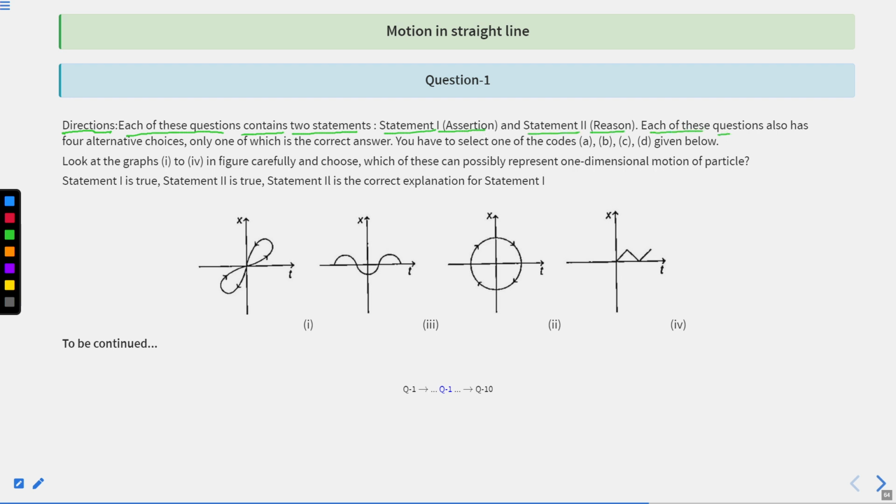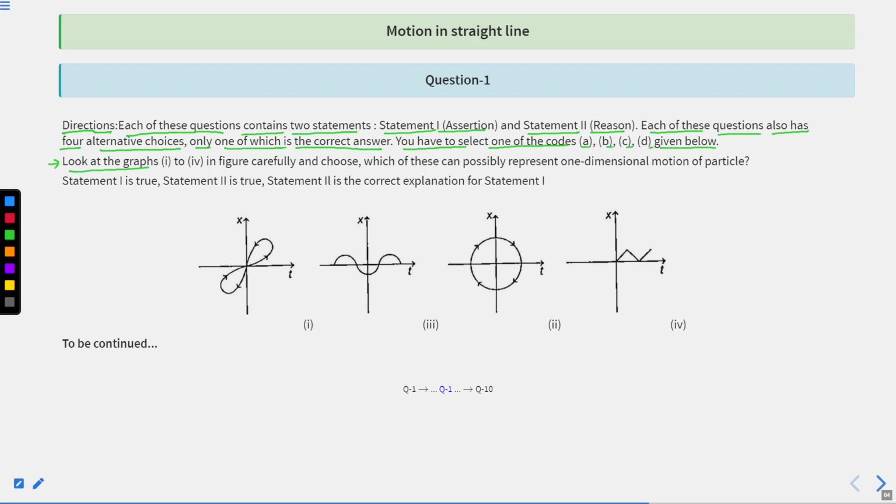Each of these questions also has four alternative choices, only one of which is the correct answer. You have to select one of the codes A, B, C, D given below. Clear? So, the question is